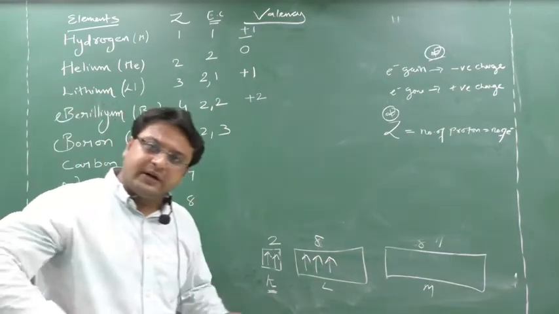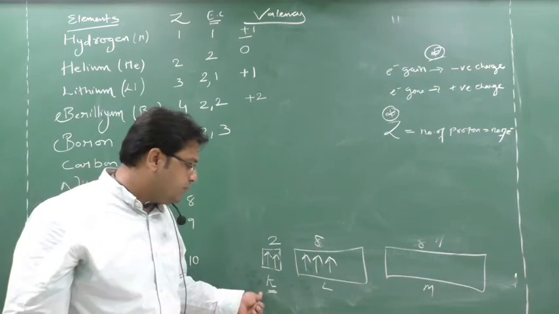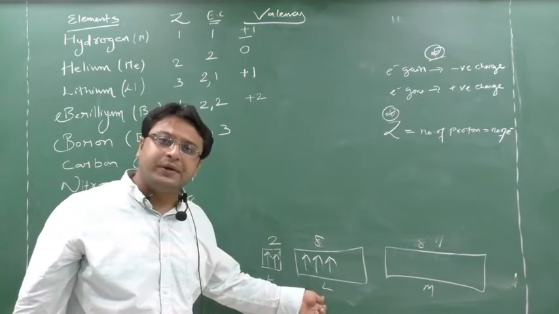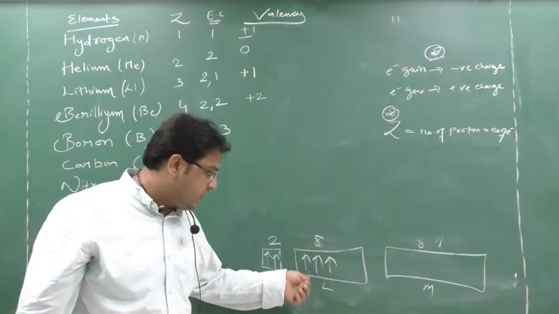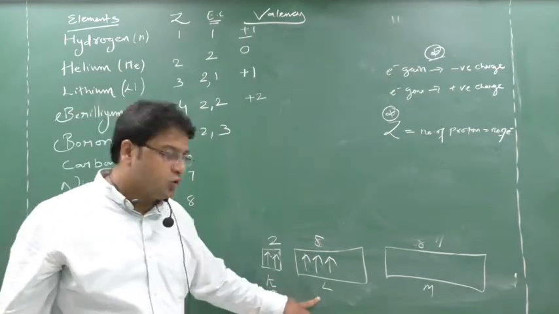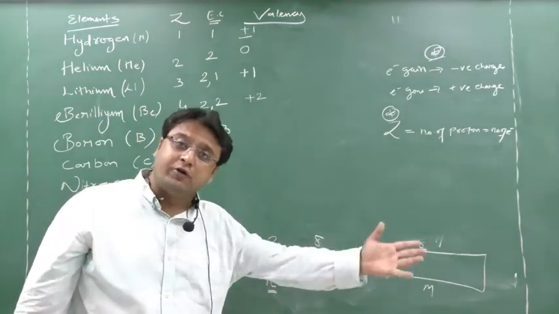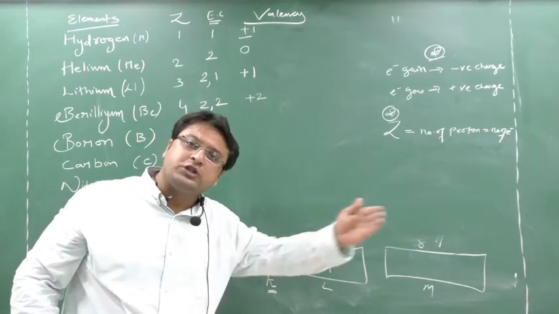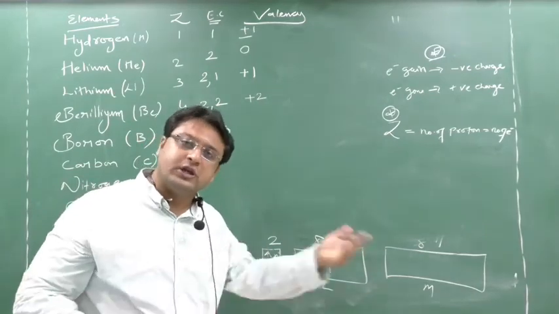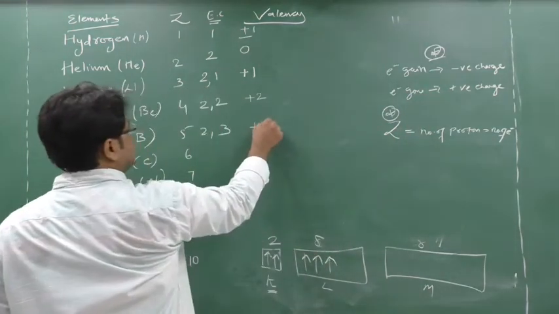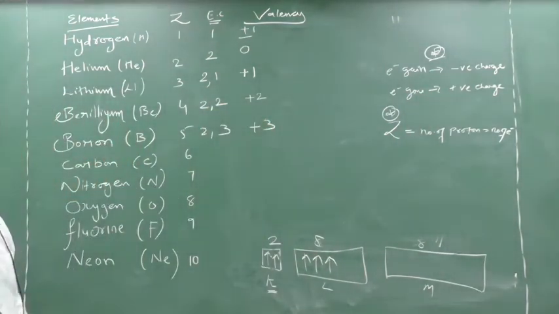So hotel wala will come again. He will tell this K room, if you are 2 there, okay, satisfied. He will come to the L room. How many is he required? He required 8. How many are there? 3. How many is decreasing? 5. So the hotel wala will tell this room, either you go, 3 of them, or you bring 5 more. Which is possible? To go 3 or to bring 5 more? To go 3. So 3 will go. Electron gone means which charge? Positive charge. So here plus 3 is the valency.